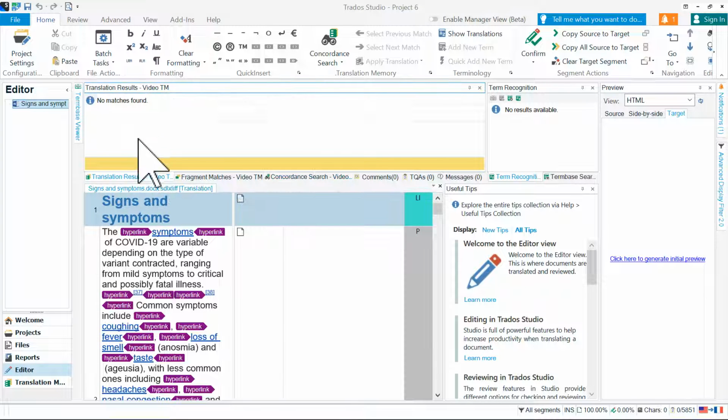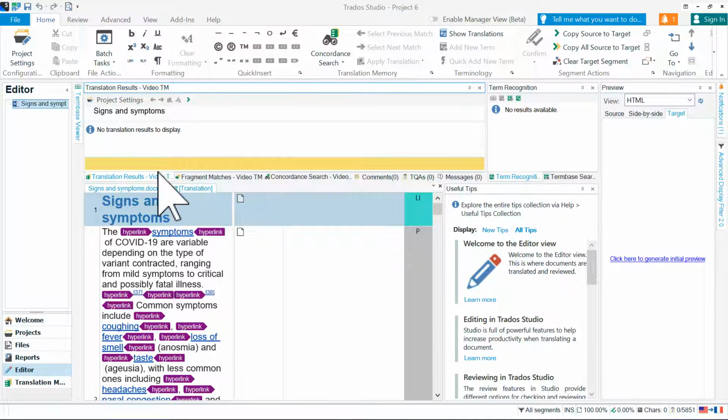So I have here my translation results. There's nothing in my translation memory yet. Fragment matches, concordance, comments, quality assessment, and messages. So that will all go in there, and there are tabs. And Trados automatically switches from one to the other when there is information to display,